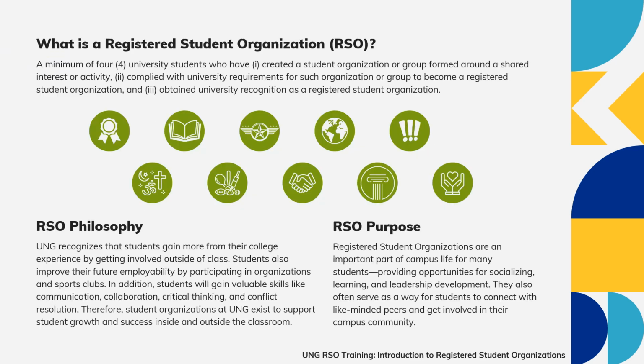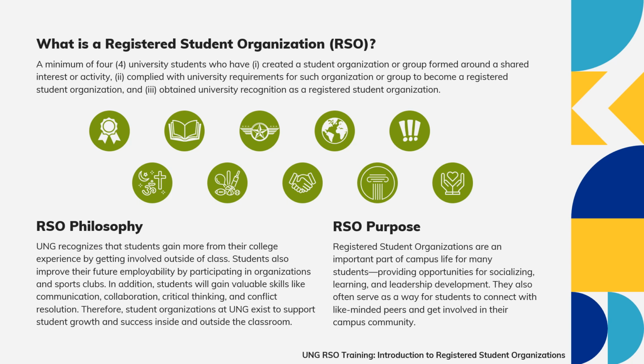A registered student organization, otherwise known as an RSO, contains a minimum of 4 students who share similar interests, activities, or goals, and have received recognition from the university as a registered student organization. Students can receive recognition by complying with all university requirements as outlined in the Student Organization Manual, which can be found on UNG Connect. In contrast to unrecognized student clubs, registered student organizations receive numerous benefits, including funding from the university, the right to reserve space on campus, and use of official University of North Georgia branding in any logos,